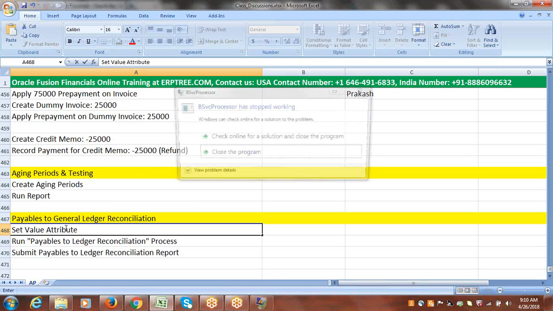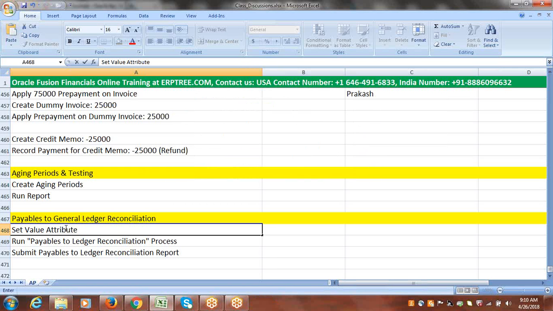Set value attributes, as per EBS, value attributes are nothing but segment qualifiers. That means for the control account we have to assign the segment qualifier. Here, value attribute is what we are calling it, or else say set